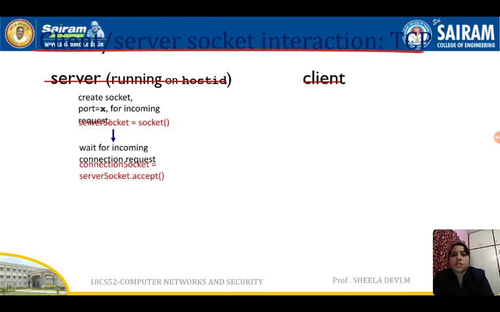Then comes the connection socket, which waits for an incoming connection request. Connection socket is equal to server socket dot accept. If any request comes from the client, it will be accepted with the accept function. Once the accept function is invoked, the connection socket will be created. What is the use of this connection socket? Through this socket we exchange the data between the client and the server.